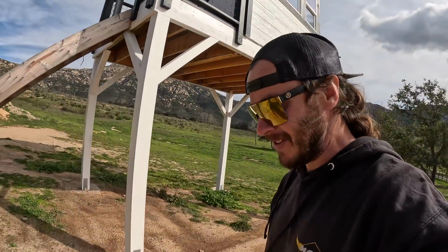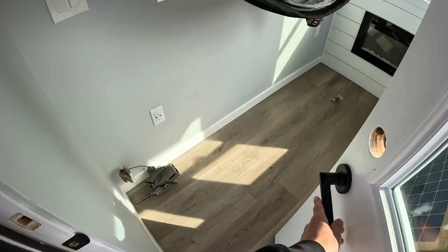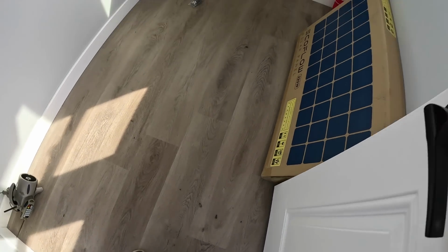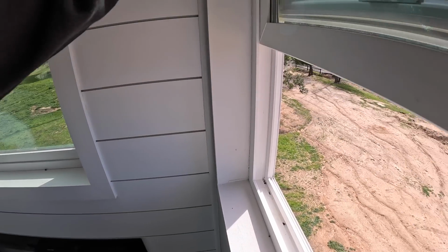I actually haven't been up here in a long time, so let's go up and see. And I still need to paint these steps. Alrighty, let's see if anything's made its home in here. Got some moths and stuff, so I also never put a deadbolt on here, so that's how they're getting in. Got my coyote call box there. All right, show you guys